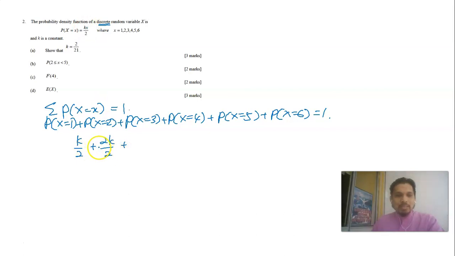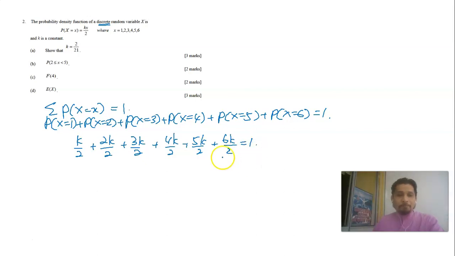Okay, I remain this as 2 over 2, even though we can simplify this as 1, because after this we're going to add all of them. So let it be as a fraction with a denominator of 2. So don't simplify this first. Okay, when x equals 3, 3k over 2, 4k over 2 plus 5k over 2 plus 6k over 2